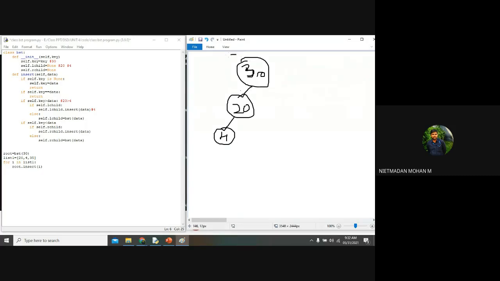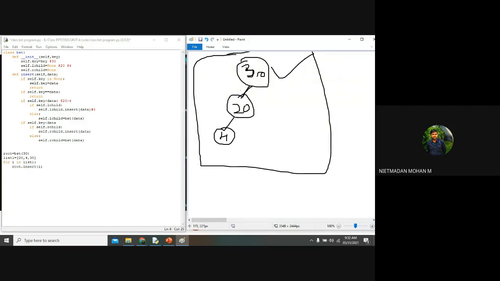It means in the first iteration, this is my root node, and once the child is present, when you are going to insert this 4 on the left hand side, again this process will be taken and this root node will be passed. So that's why I have taken this. Here in the second iteration, the root node will be changed to 20. In the first iteration 20 is the child, and in the second iteration 20 is the root, and the child will be 4. This is the function that will be working over here. Clear about this?